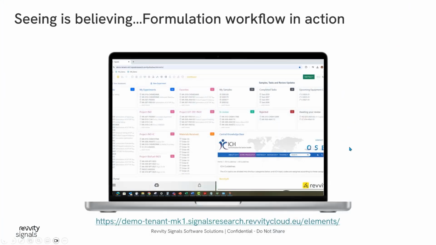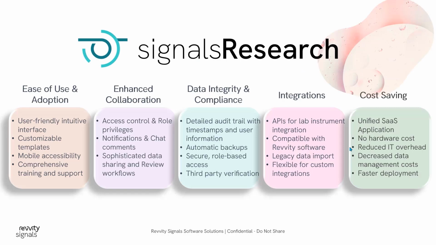That's how we showcased how scientists can easily capture their data and collaborate easily, right from the planning phase to formulation and designing to experiment execution and analysis. And that's how Signals Research Suite can help you in easy transition from the paper-based system to a digital platform. Scientists can have more interactive data. Signals Research Suite provides ease of use and faster adoption of the system, enhances collaboration, takes care of data integrity